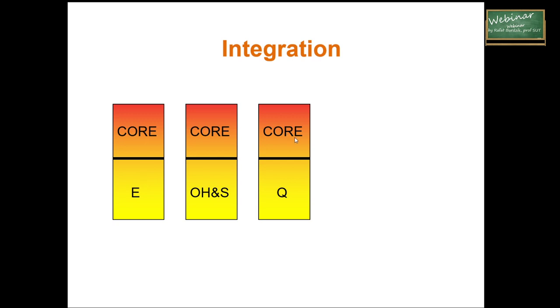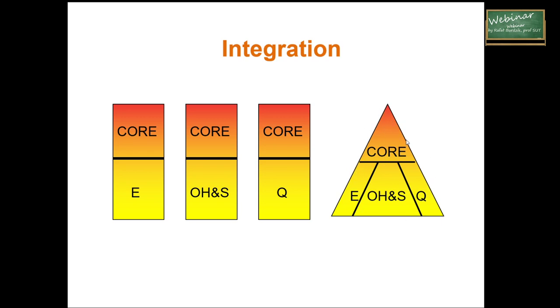So we can say that if we did it, we are on a good way to integrate all systems together, because they are all integrated with the core management system. So it is the first level of the integration. But it's not enough. If we are talking about a fully integrated system, we have to consider all those factors together,